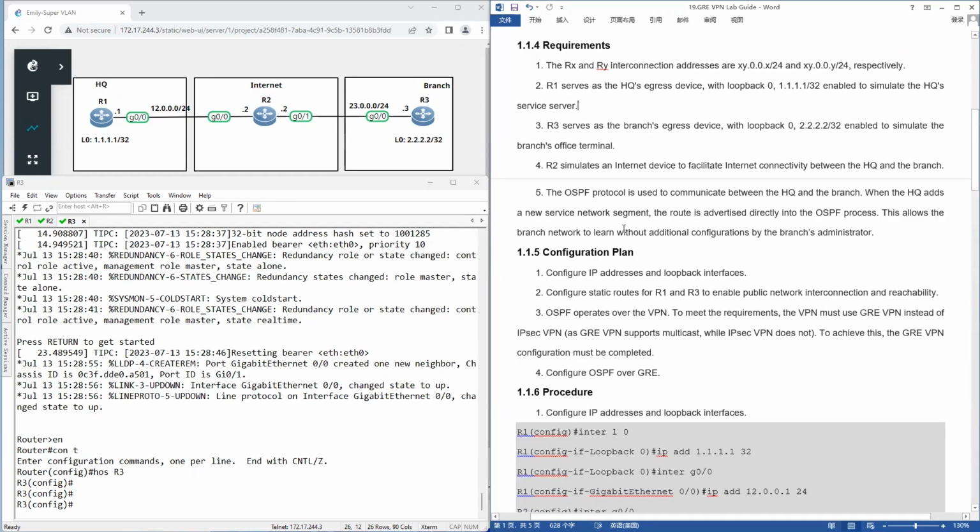First, you have to finish the configuration of the IP addresses and the loopback addresses. Then, as we discussed in the principle, before we deploy the GRE VPN, we must make sure the public network connection is ready, so you have to configure static routes on Route 1 and Route 3. Then you deploy the VPN and enable OSPF. Why do we use GRE VPN? It's because